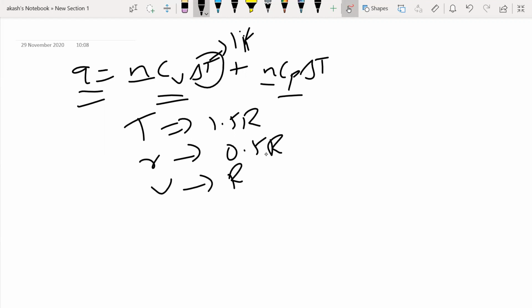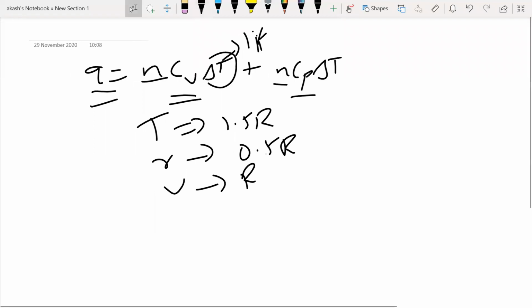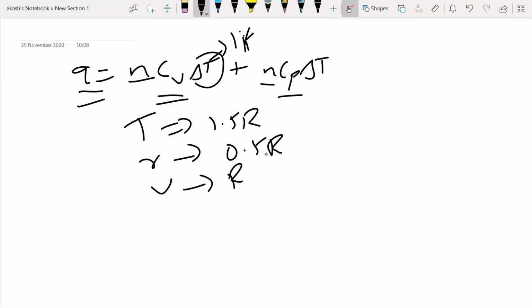So when it is a monoatomic gas, I can have only translational motion. If it is a diatomic gas, both translational and rotational. And for a polyatomic gas, all the three will be there, and accordingly I'll be getting 3R as the heat capacity CV value for a polyatomic gas, right? These values you have to remember, people. Nobody will tell you in the exams. All these values you have to remember. Okay, fine. So that's about heat capacities.